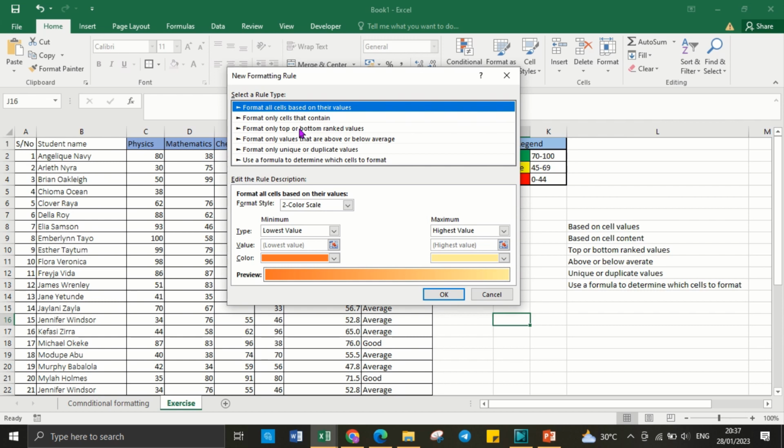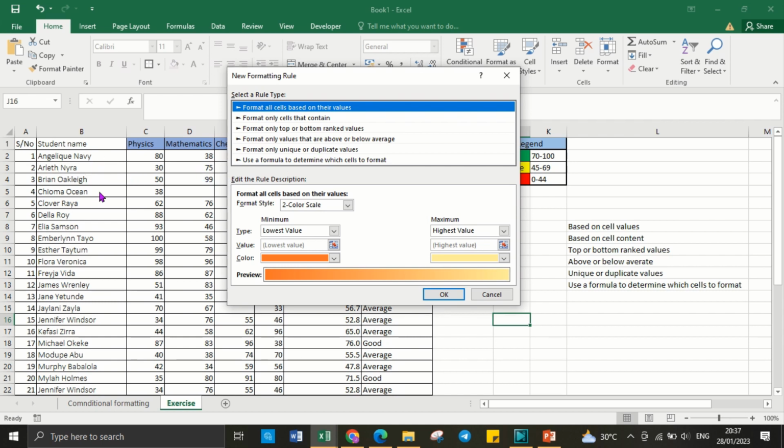And you could also use a formula to tell Excel to look at a particular content in a particular part of your spreadsheet, and based on it, format another cell in a different place altogether. So we're going to go through all these six different rules,